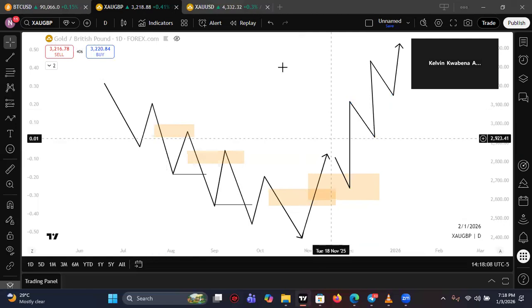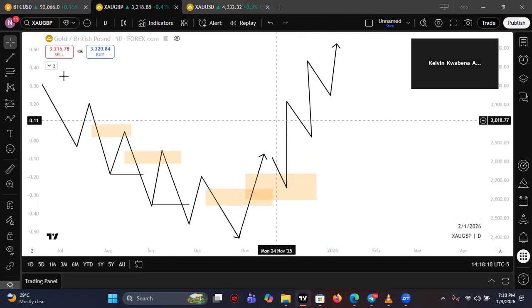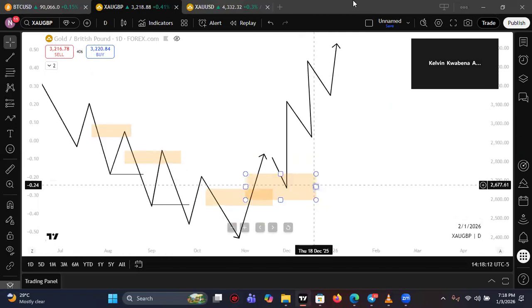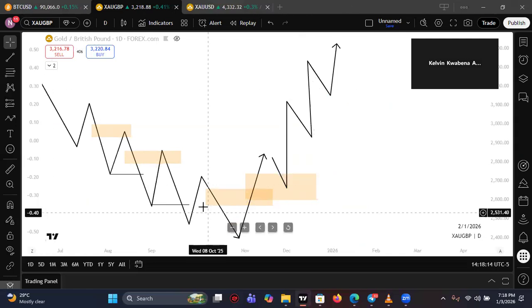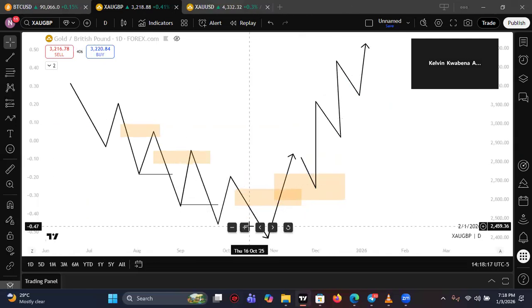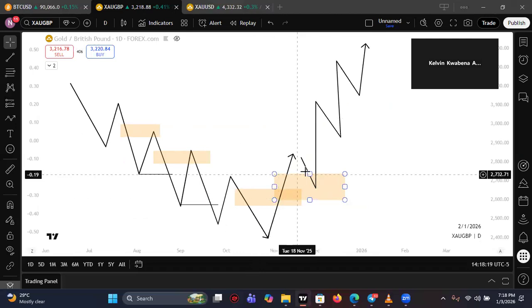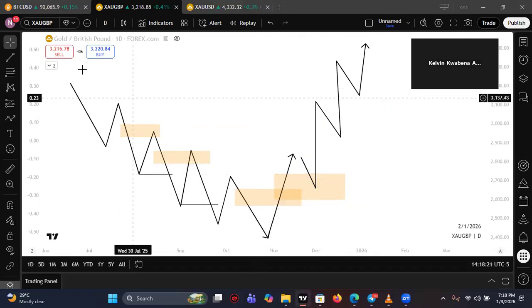Now, this should tell you that smart money moves the market in two ways. First, they move the market down to build liquidity. And later on, they change the trend to attack that liquidity over here. Now,